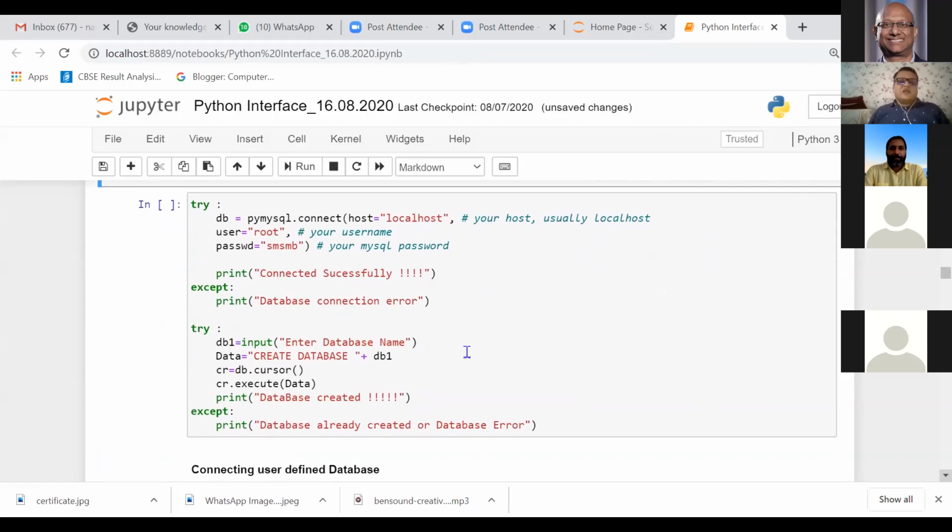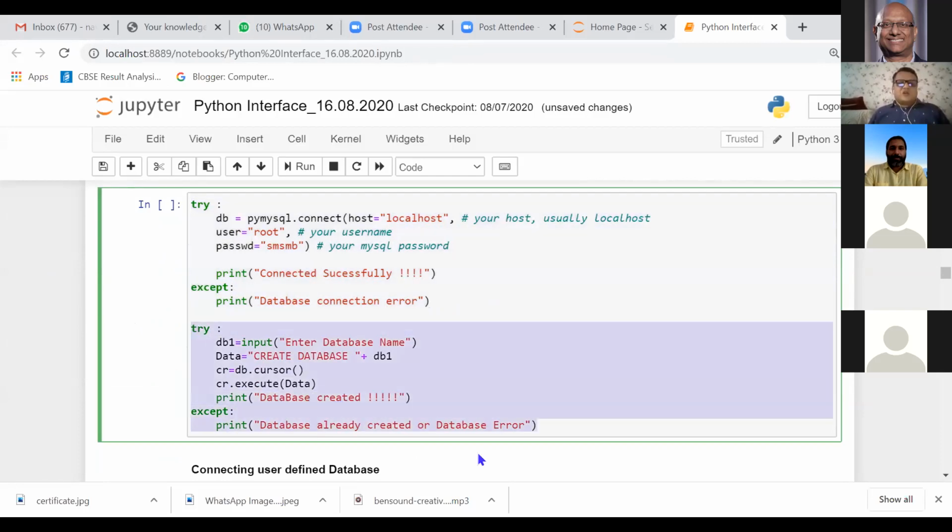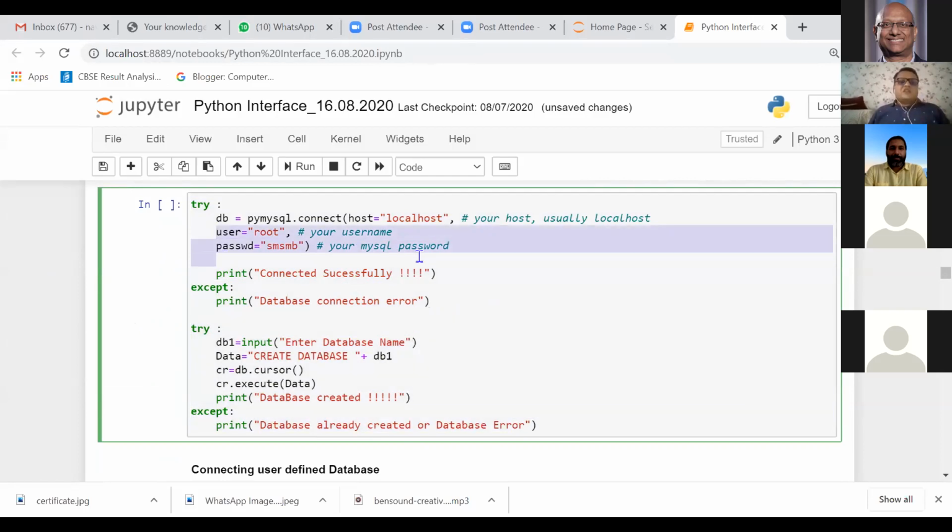Now, in the code I am writing, I have just added this much code, which is just connecting with a database. I have not used any database name yet. Then again, I have used a try and except block so that I'll get a different error if there is a problem with this code, and I'm using a different try except block if any error occurs in this case. I have written import, and the connector I am using here is PyMySQL, so for the complete set of the other codes, I am using PyMySQL.